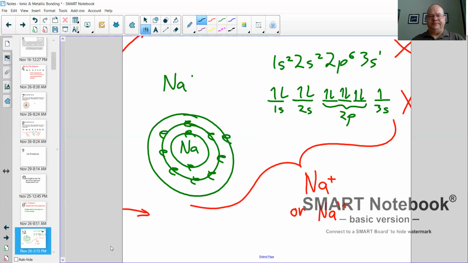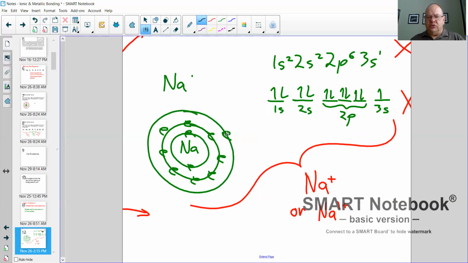So the process. I'm basically here trying to pull out every way I can think of to show you this process, all the different notations. So here's a representation of a sodium atom showing rings representing the different energy levels. Sodium has 2 electrons in the first and 8 electrons in the second and 1 electron in the third. So if that sodium atom loses